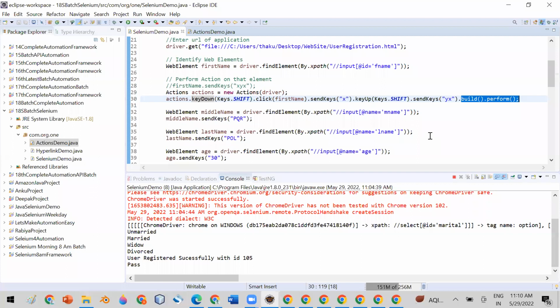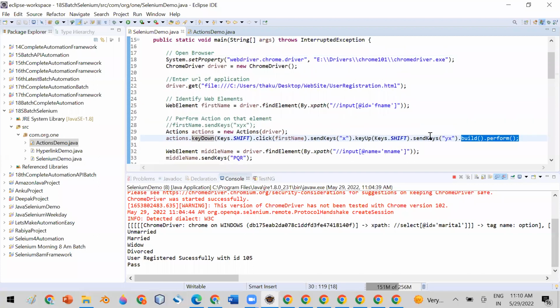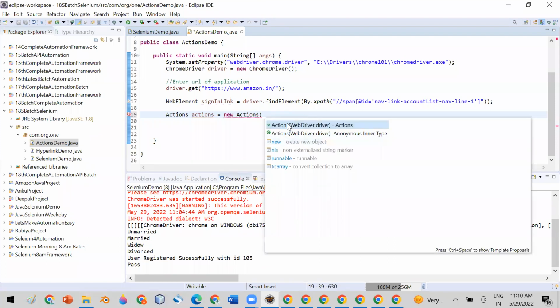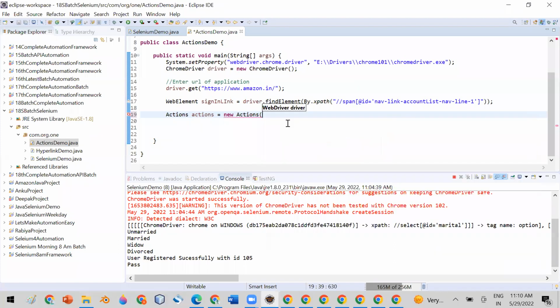Okay. Now I will come to the question which I left here, that why we are passing the driver here. It is expecting WebDriver. Yes or no? It is expecting WebDriver. But whenever we are passing the driver here, which is actually a reference of Chrome driver, why is it not